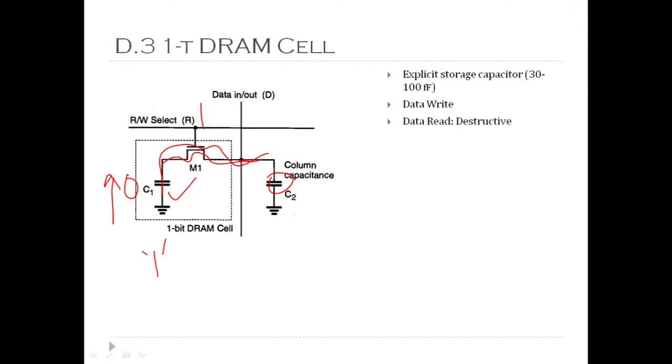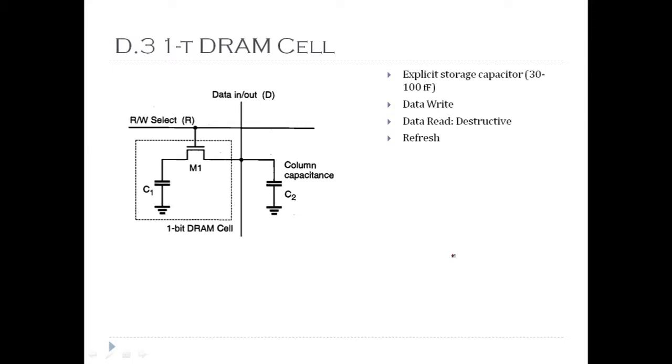1. That means during read operation, like we have discussed, it may lose the data, so the read operation is destructive, and to avoid losing data we have to perform a refresh operation on this. So the next operation is refresh operation. Now there is one more possibility, that by virtue of which C1 can lose its data